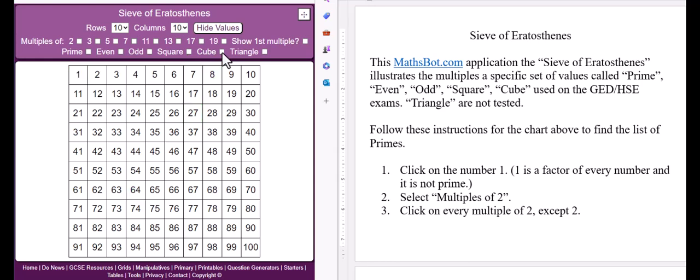But the primary purpose here is to learn about prime numbers today. And that's what the Sieve of Eratosthenes does. It helps us with the prime numbers. So I'm going to set this up so that the first multiple is always showing. And one of the things we need to first do is click on the number 1 because